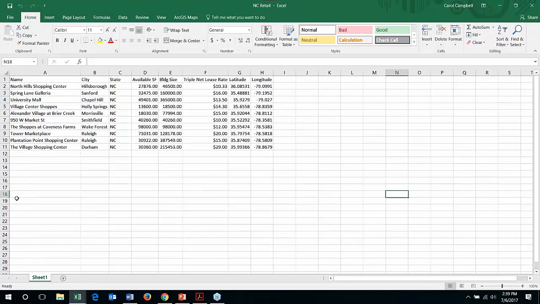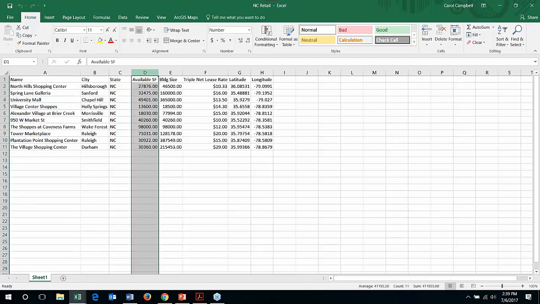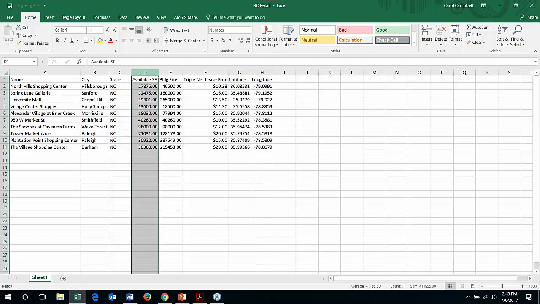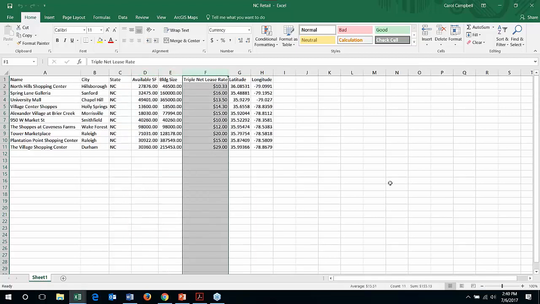So this is a pretty powerful tool in and of itself, because it is going to allow you to evaluate an area not only using the variables that are available within the Esri tools, but also your own data. So if you look at this spreadsheet that I have created, I've got 10 different sites in North Carolina, and I've got latitude and longitude, which is always ideal if you've got that to use as your geocoding point. But I've also got available square footage, building size, and a lease rate that I want to use